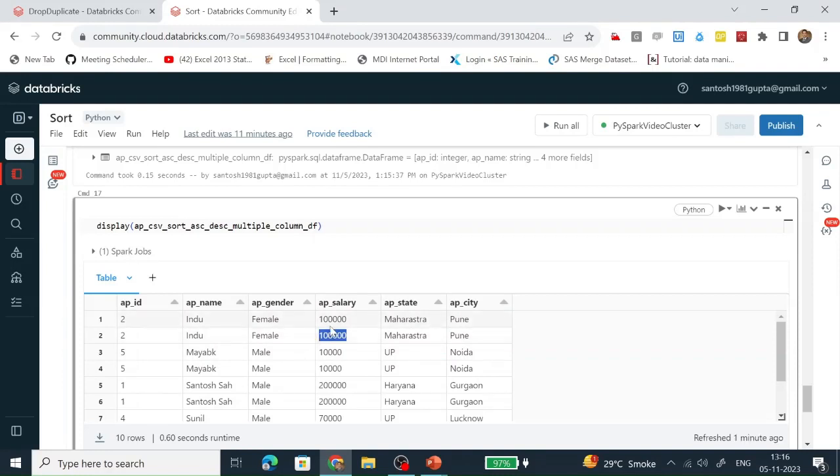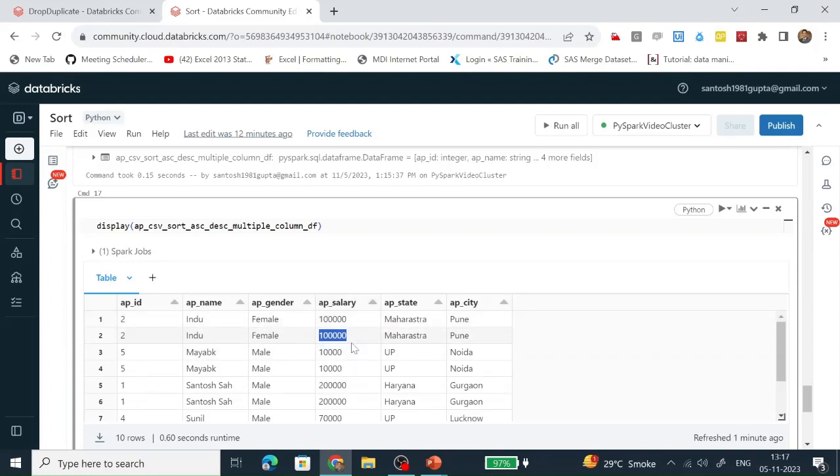Suppose in the second row the AP salary value is 90,000, then 90,000 would be visible over there rather than 10,000, 11,000 or 12,000, because we are sorting AP salary in descending order. So first highest will be visible and then the lowest. But the data is the same, that's why the visibility is not clear.